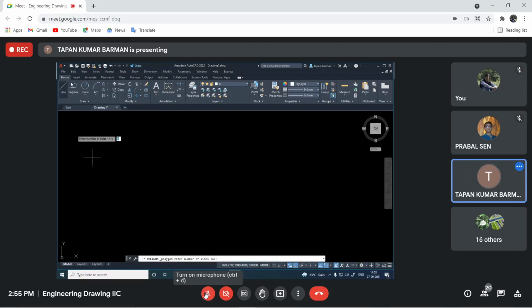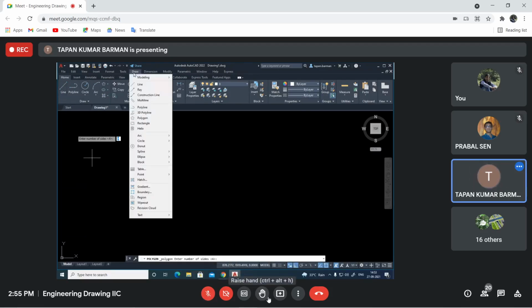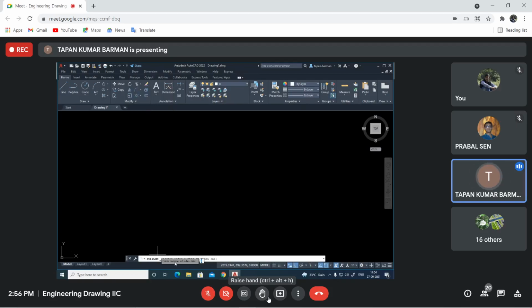Say for example, I am taking this polygon command. In the draw toolbar also it should be there. So this is polygon. When I take the polygon command, you see: polygon, enter number of sides. Say for example, I want 6. Now specify center of polygon, or within brackets it is edge. Edge is the option you may use or explore later on. By default your option is specify center of a polygon. So I am taking this as the center of the polygon.